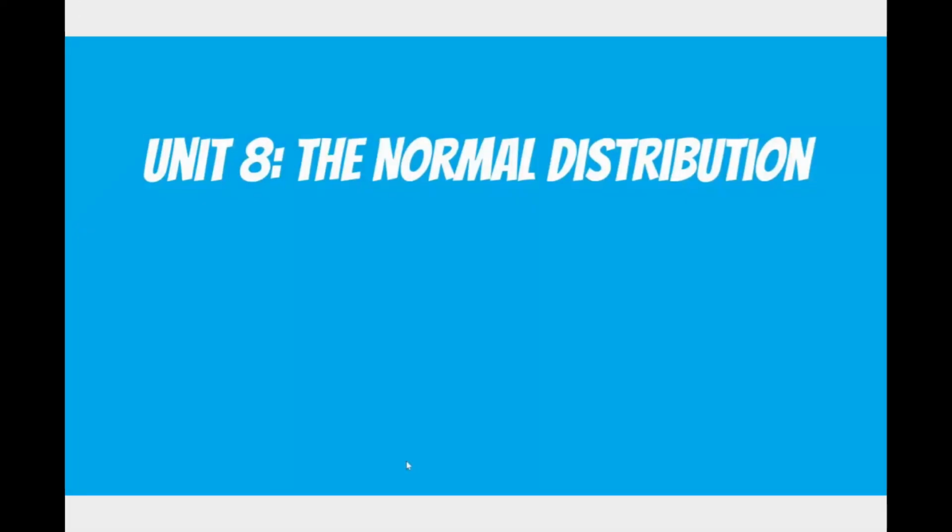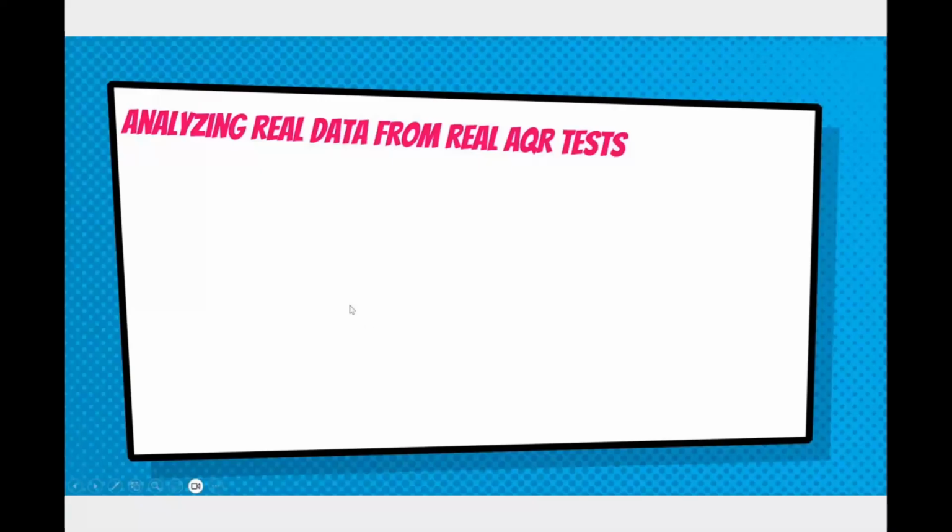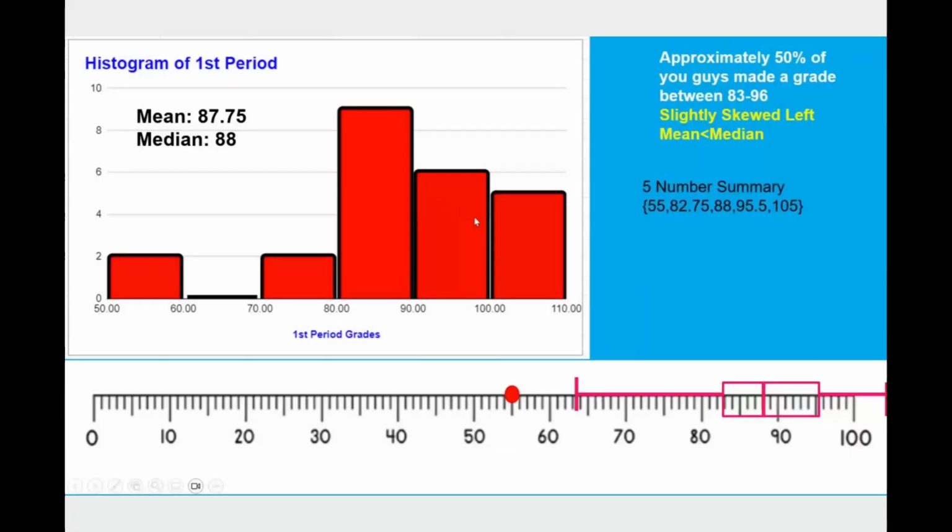Welcome back. We're going to discuss the normal distribution, which we left off with yesterday, which is a type of distribution in which we have a symmetric bell shape type of graph. But before we do that, I want to just show y'all some real data that ties into what